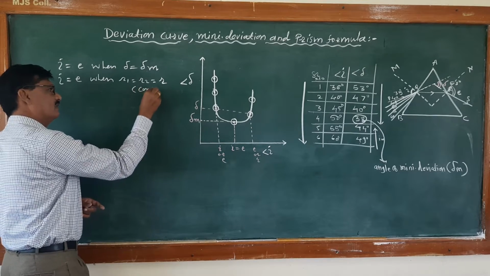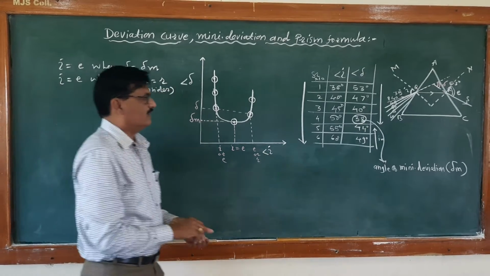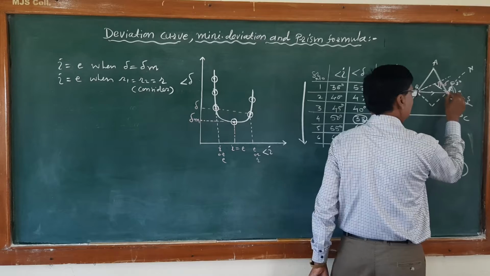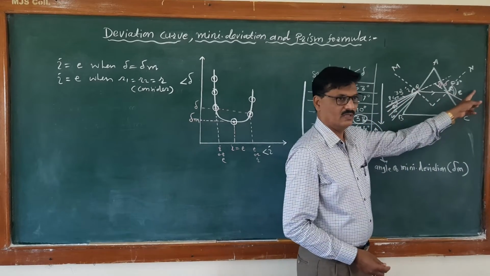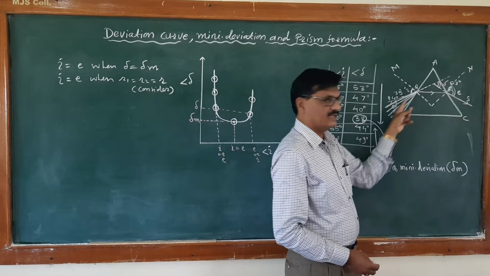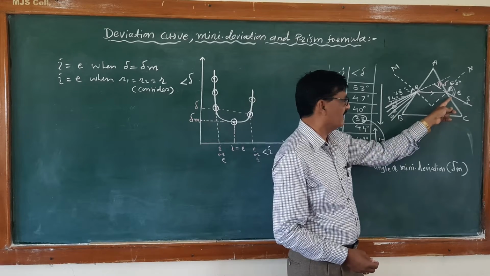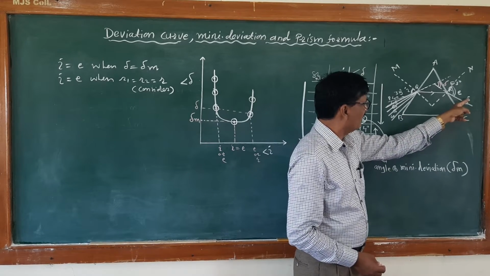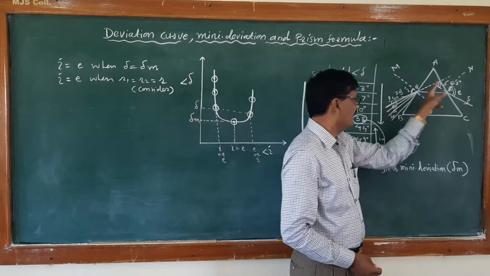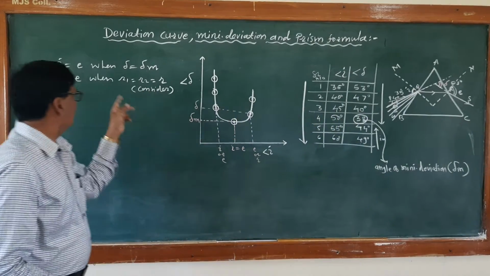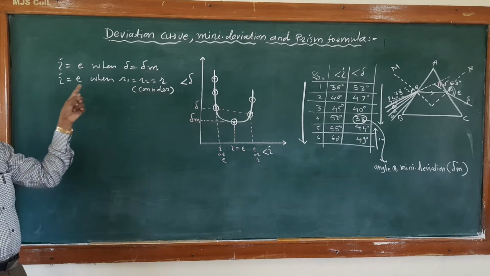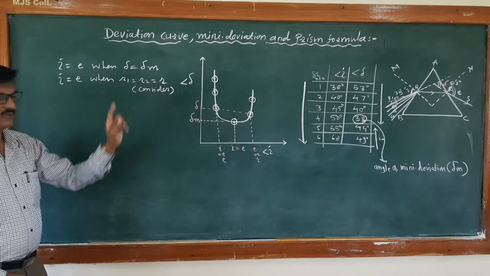Suppose this is considered. This means that if the path of the ray of light travels from P Q R S, angle of incidence is equal to angle of emergence when del is equal to del M, and the path of the ray of light is reversed according to the principle of reversibility of light. It can traverse in this way, S R Q P. At that time this is angle of incidence and this is angle of emergence when del is equal to del M. Therefore, the first condition is angle of incidence is equal to angle of emergence when del is equal to del M, and I is equal to E when R1 is equal to R2 is equal to small r.